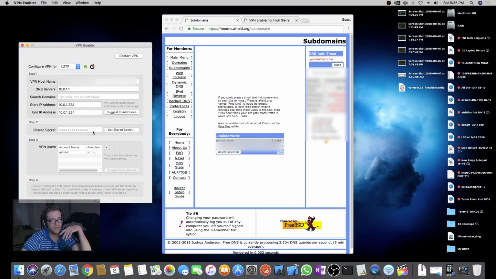All right, then you'll have to create a shared secret. This shared secret will be used to authenticate. So you make it something private that no one knows, and you'll use that when you're adding the VPN service